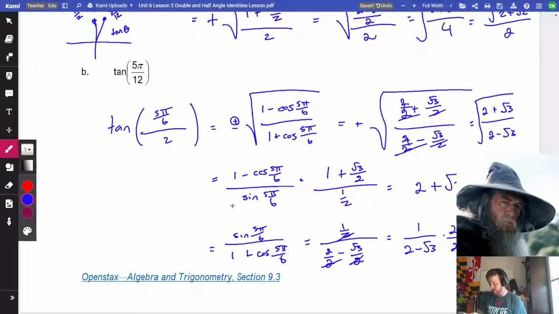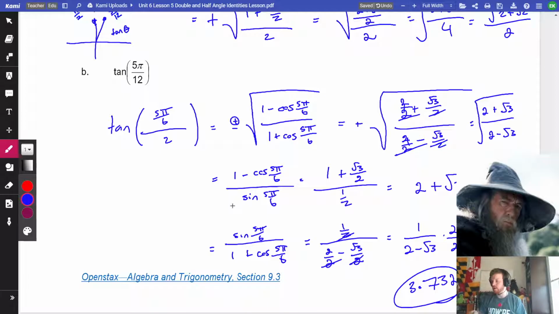The bottom two gave us 2 plus root 3. 2 plus root 3 is 3.732. Okay, sweet. All right, tangent can definitely be 3.7, by the way, if you are worried that this was